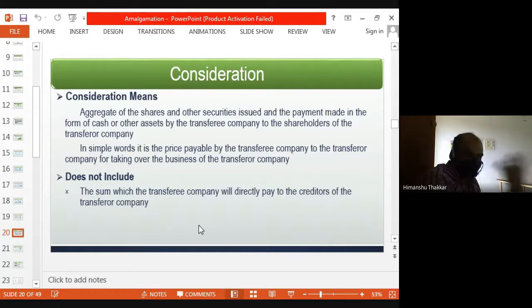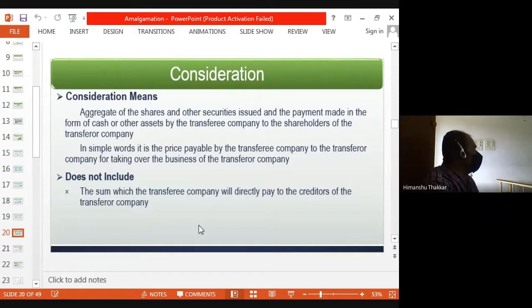So when you're buying, you need to pay something which is called consideration. So the aggregate of shares and other securities issued and payment made in the form of cash or other asset by the transferee company to the shareholders of the transferor company. So basically in merger, whatever you gave to the shareholders against their existing shares,